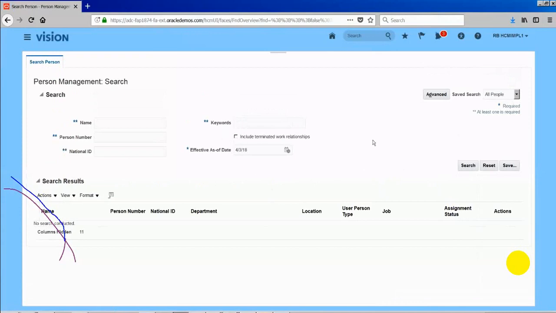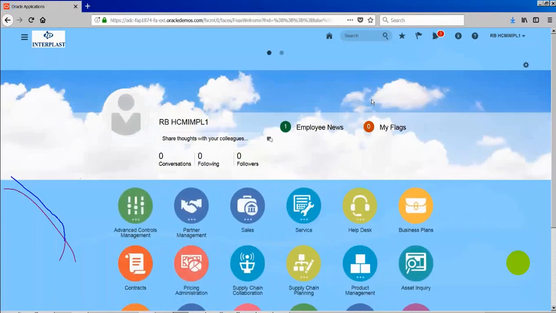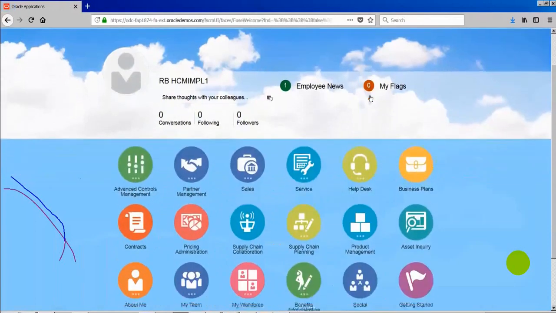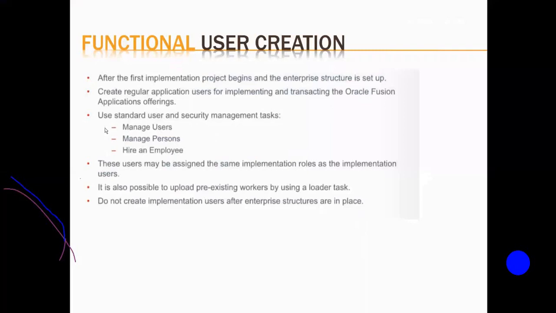That is the reason we can do from there as well whatever we can do here, but I'm saying this should be the way to do that. So from My Workforce and manage user account. I'm just giving you the navigation, but we are going to talk about that in detail at a later point of time. My whole intention is the functional user management. These functional users have to be created from manage user account in person management. Or when you hire an employee or hire a contractor, in the hiring process flow, even there we can add the